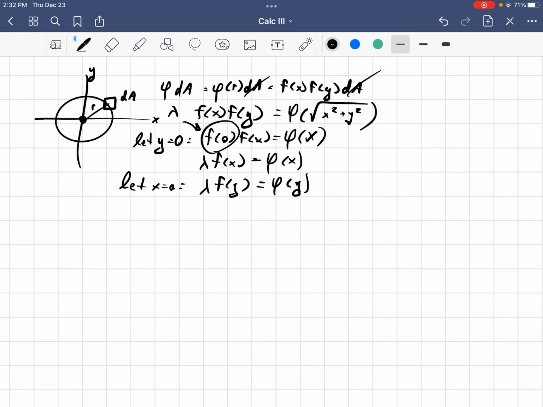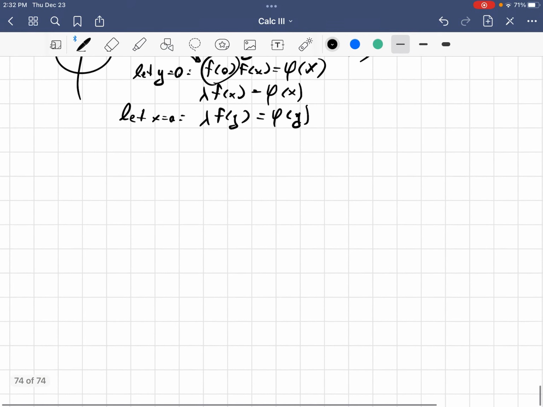And so in other words, lambda and phi, when I get rid of this extra dimension, I find that lambda and phi are just scalar multiples of one another, which is kind of a neat fact, right? They're just off by some constant. So what I can do now is write that, given the fact that they're both scalar multiples,